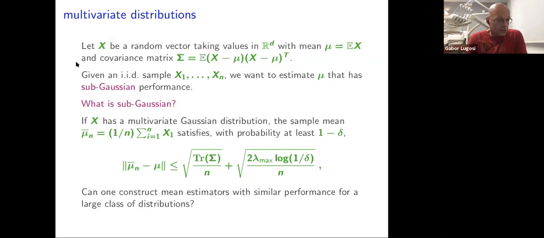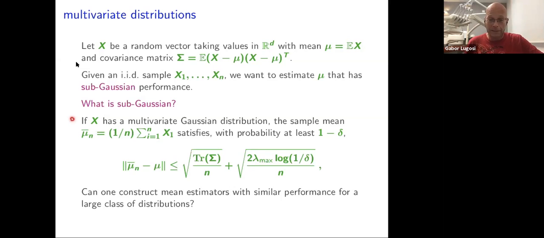Okay. So the question is, can we now estimate mu such that we have a sub-Gaussian performance? But of course, now the question is, what is sub-Gaussian? What does it mean that an estimator is sub-Gaussian? In one dimension, that was very clear. Well, it's also kind of clear in high dimensions, because we can just look at what happens if x is